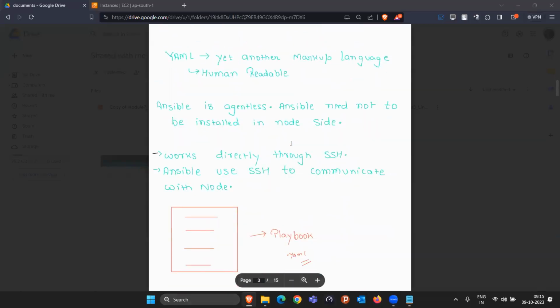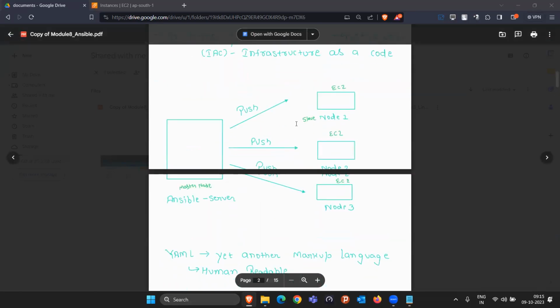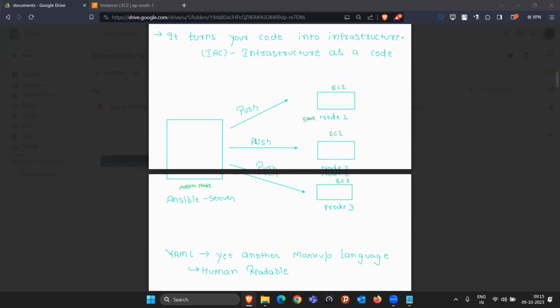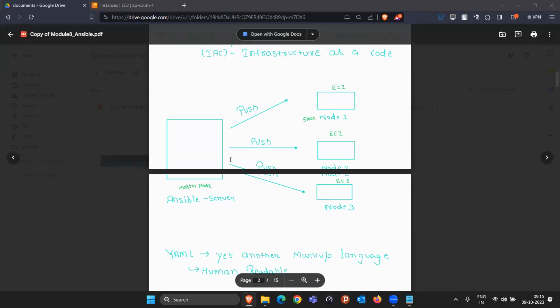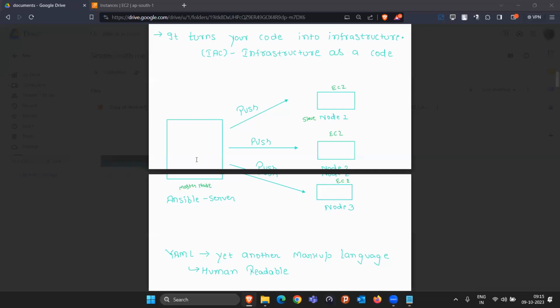Now, the interesting thing is that Ansible follows the push mechanism. What is the push mechanism? Take an example, we are launching 4 EC2 instances, something like this. One EC2 instance I will make the Ansible master machine. In this Linux machine, I will log in, then I will install Python there, then I will install Ansible, then I will configure Ansible here, everything I will do. And this will be known as the master machine.